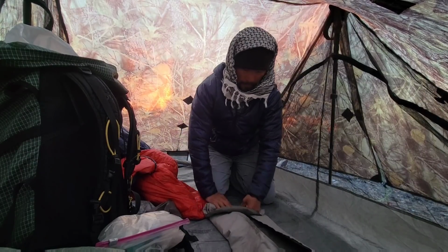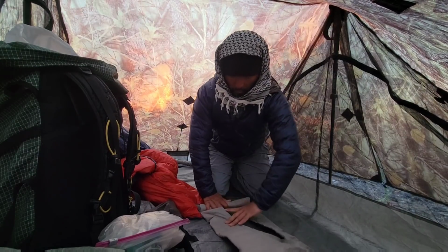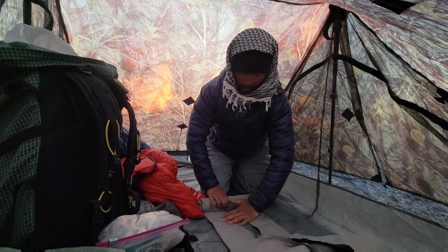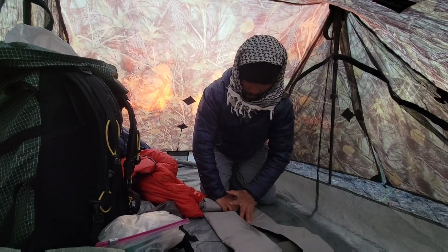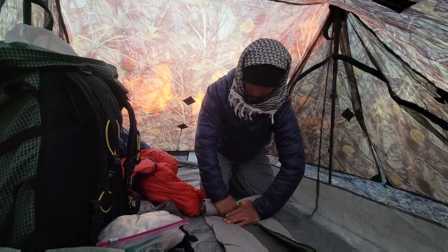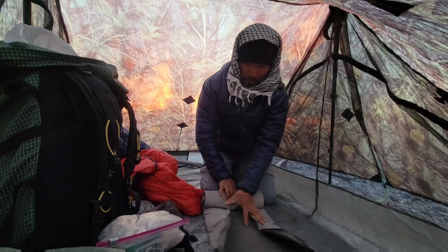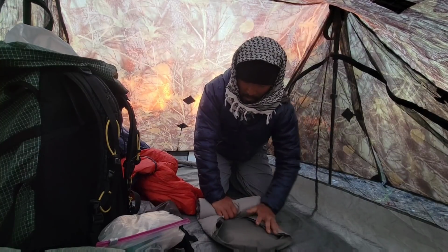Alright. As you roll, just kind of hold over the sides. It doesn't have to be perfect. It does help if you get it as small as you can, if you have a large food resupply or something, just for space-wise. If I only have a bunch of bars in there,